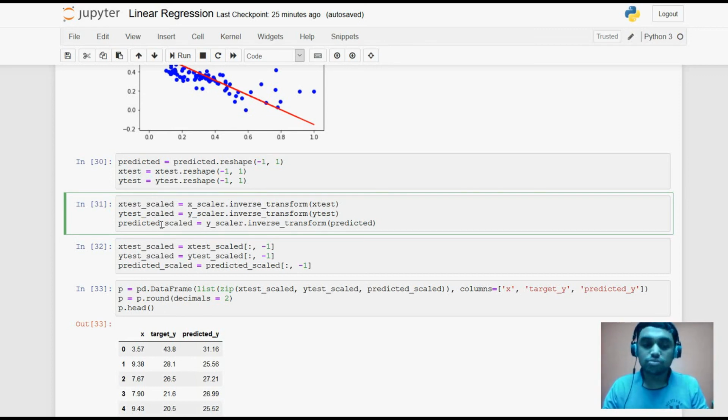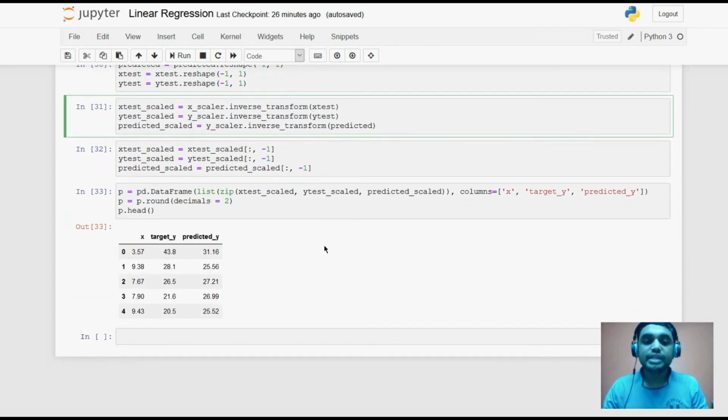These are the variables which I'm going to use to store the outputs obtained from the inverse transform function. Thereafter, I'm going to arrange it properly, using string slicing and all that, to make it properly arranged data.